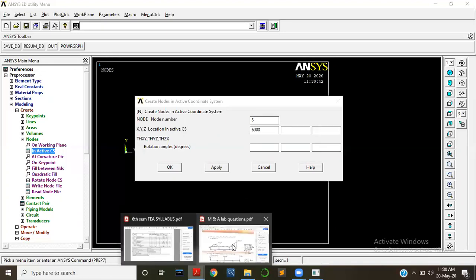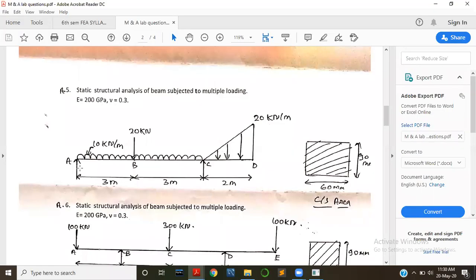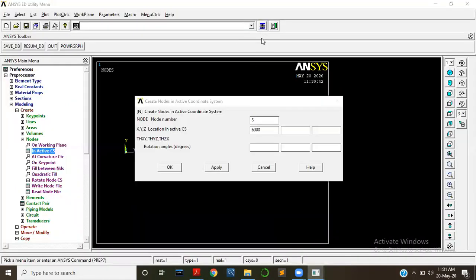This is because here you can see there are 4 nodes A, B, C, and D. Coordinates of A are 0 0 0 in XYZ. Coordinates of B are 3000, that is 3 meters, coordinates of C are 6000, and coordinates of D are 8000. That's what we are inputting over here.